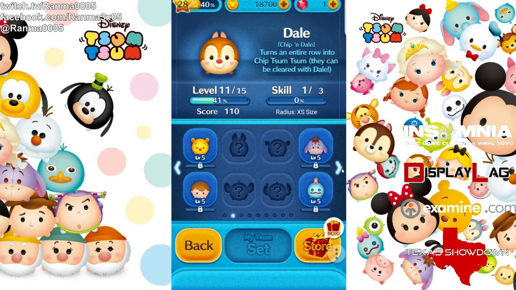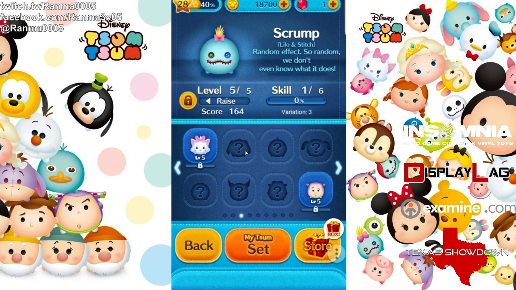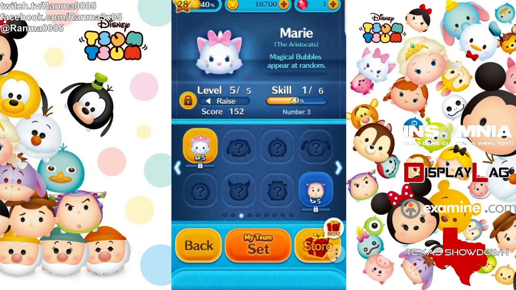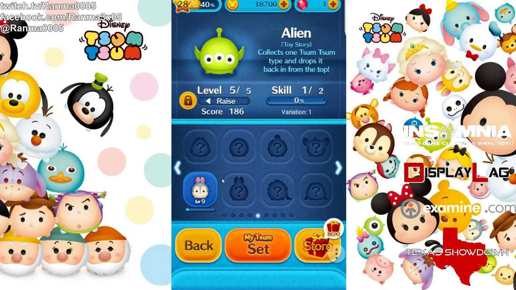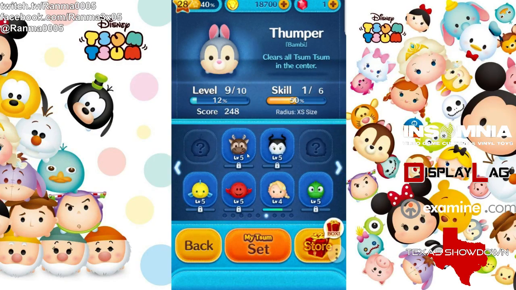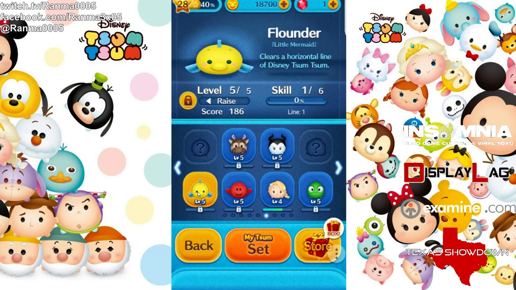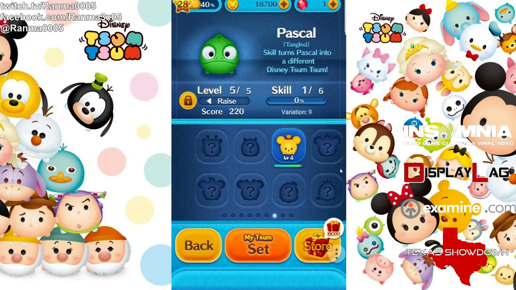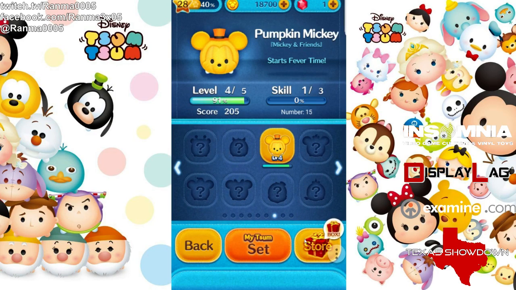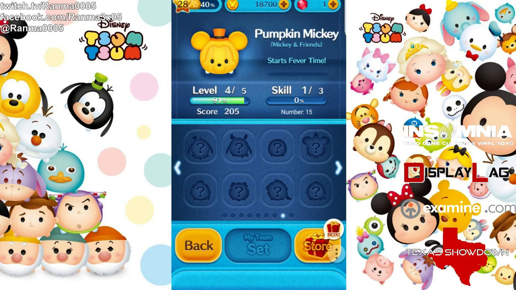As you can see, I have almost all of the basic ones. This one right here is not a basic one. This one is from Lilo and Stitch. And then you have the Aristocats, Toy Story, more Toy Story, Bambi, Frozen, Maleficent, Little Mermaid, Tangled, and this is the Pumpkin Mickey. So right now I'm using Pumpkin Mickey because